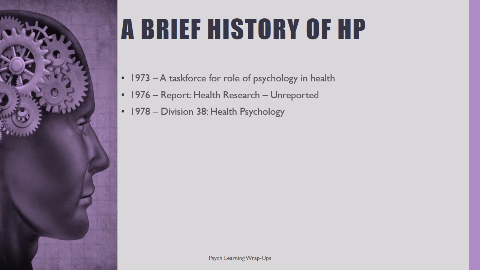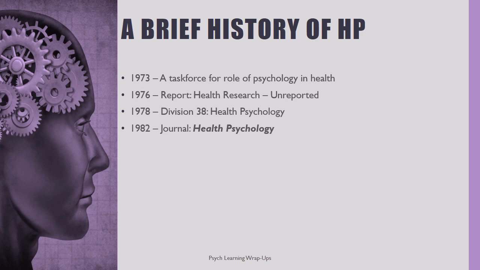In 1978, the American Psychological Association established Division 38, labeled Health Psychology. It was defined to be a scientific, educational, and professional organization for psychologists interested in the areas that have the interfaces of medicine and psychology combined. In 1982, as the research was being conducted, health psychology maintained a status of a separate profession, so a journal of health psychology was launched.